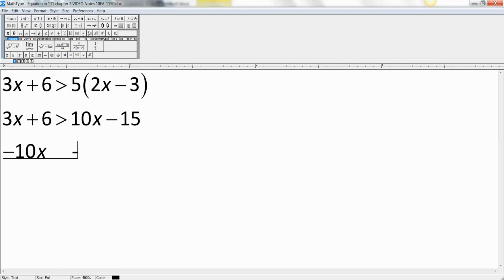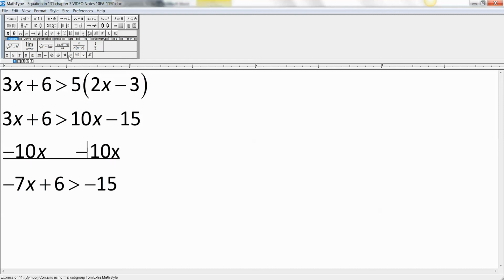I'm just going to do this in 2 steps. I wouldn't normally, but I don't want to get you guys confused. So it's going to be negative 7x plus 6 is greater than negative 15. Now, there's no problem with the sign at this point, so don't get all bent out of shape